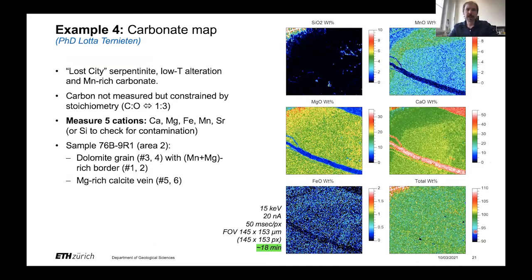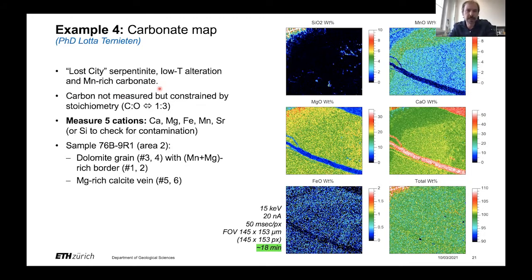Carbonate maps. So this here is a sample from Lotta. She came one day and told me, oh, it's weird, I have some very strange manganese content, very high, and I'm not sure what's going on. So I suggested that we do some mapping. So this is a sample of the Lost City serpentinite, which is a low temperature alteration, which has indeed this